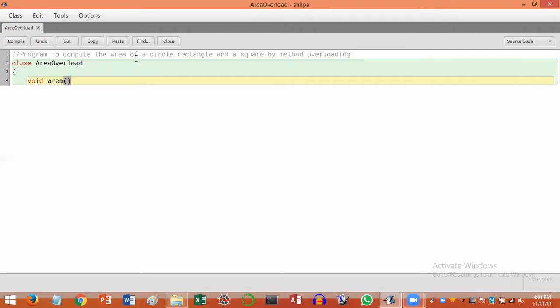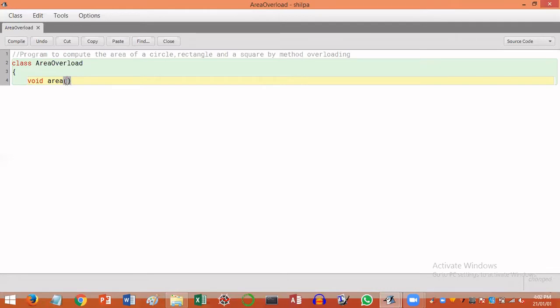So we know the formula to compute the area of a circle. It is pi r square, and the area of a rectangle formula is length into breadth, and the area of a square is x square. So once the side is squared to get the area of a square. So let me compute the area of a circle first.